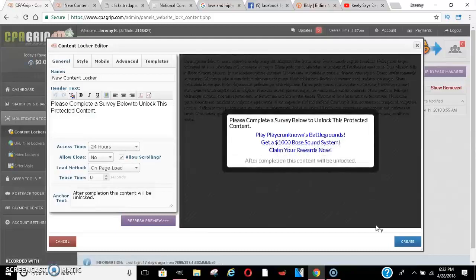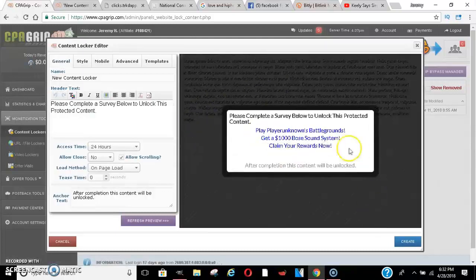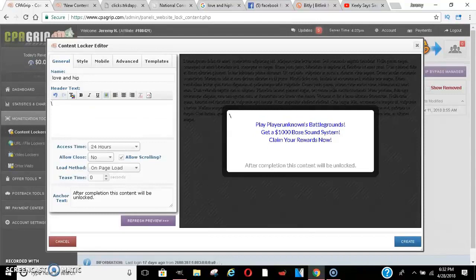So this is what it looks like when you click create. You could just name it whatever you want to. So I'll just say Love and Hip Hop or something like that. And then another thing that usually gets people is right here. You say human verification. All right. And you can put that directly in the middle. Bingo. So instead of it saying, in order to get this, it will just pop up as a human verification.